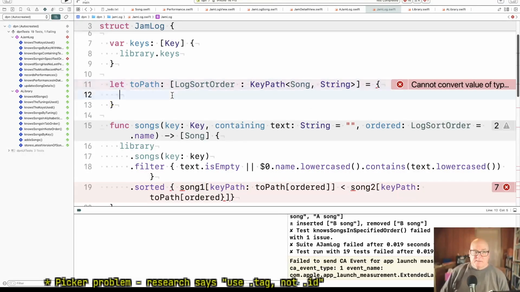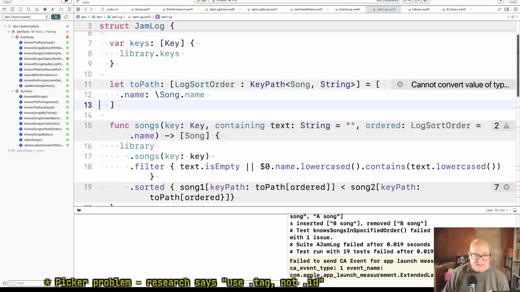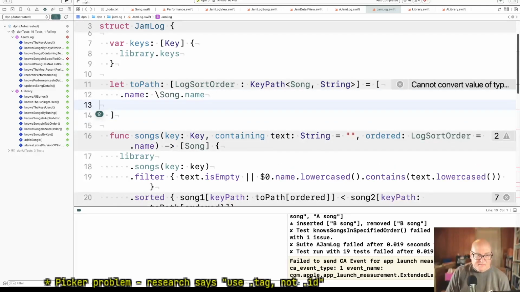Yeah, because I was gonna make... Oh no, it is a square bracket, isn't it? So what I wanted to do was name is \song dot name. Okay. And if all we were accessing was songs, that would be fine. But they're not song paths in some cases, because the last